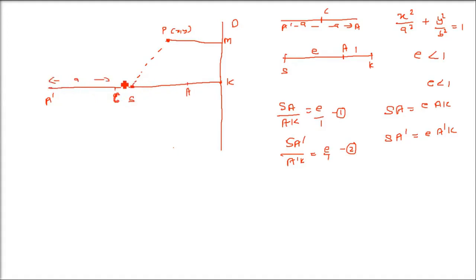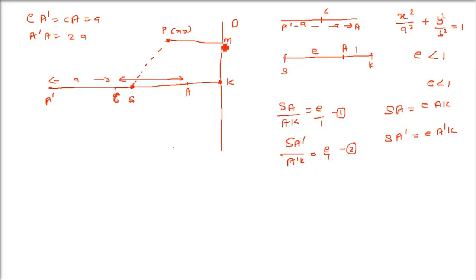So from here to here, I told you we divided this into two parts. C is the center, this is A and this is A dash. So let me write it. CA dash and CA, they both are equal to a. So if you take A dash A completely, it will be 2a. Now one more thing, what do you get? If you add CA dash plus CA, it's going to be 2a. If you add A dash S plus SA, this will also be equal to 2a, because ultimately you are going from A dash to A only, right? So A dash to C, then C to A, 2a.